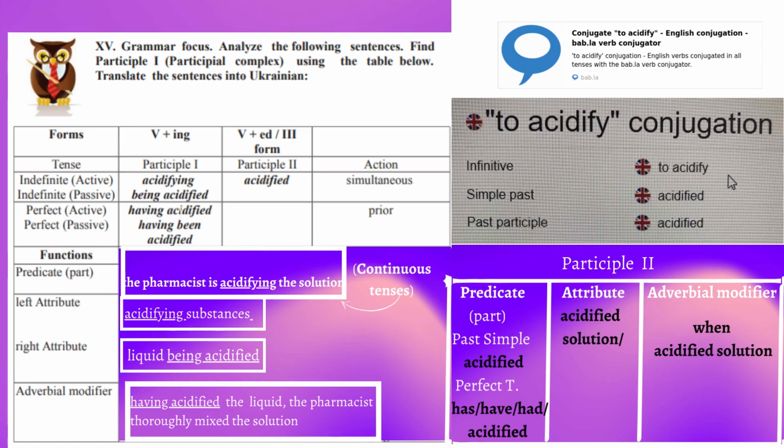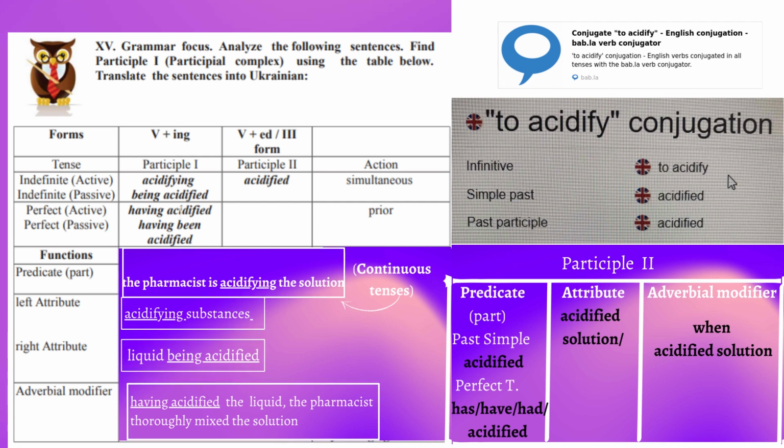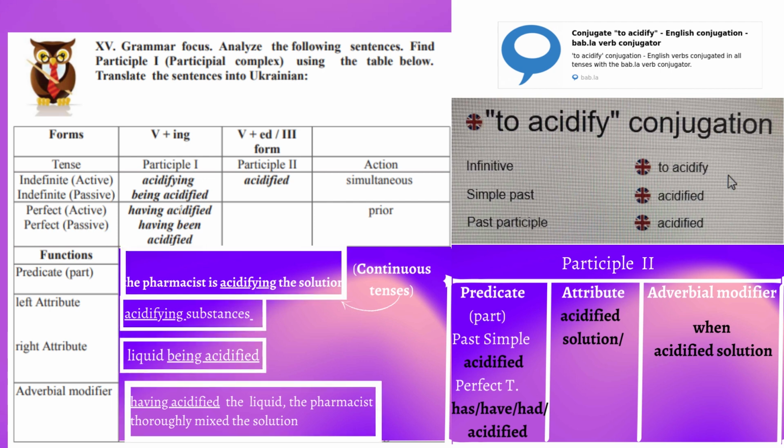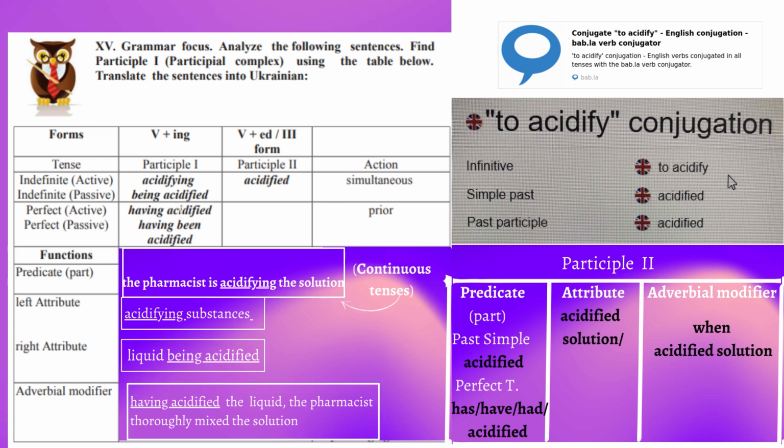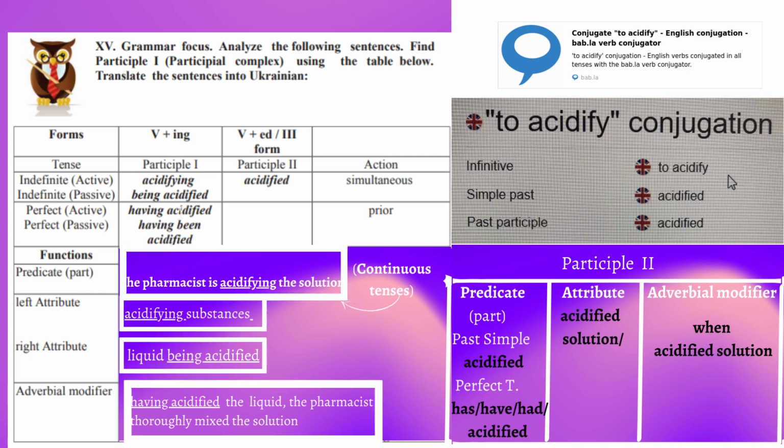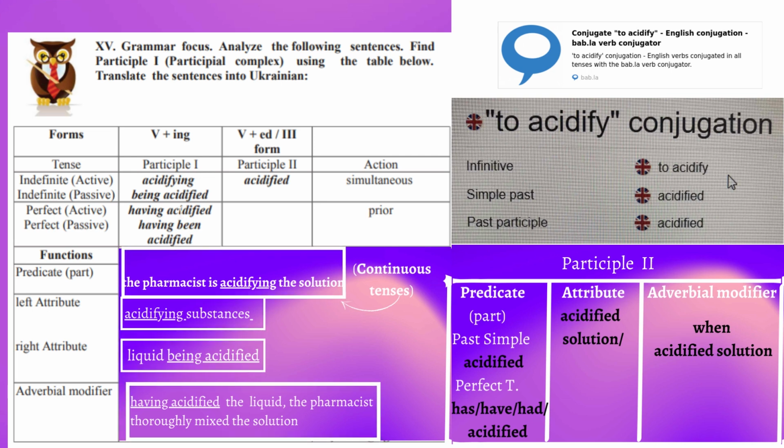Relevant grammar. In English, a participle is a word formed from a verb, ending in -ing in the present participle, or participle 1, or -ed, or the third form of an irregular verb, the past participle. It is a non-finite form of the verb with verbal, adjectival and adverbial properties. There are four forms of participle 1.